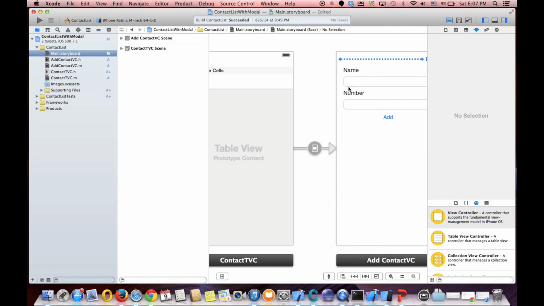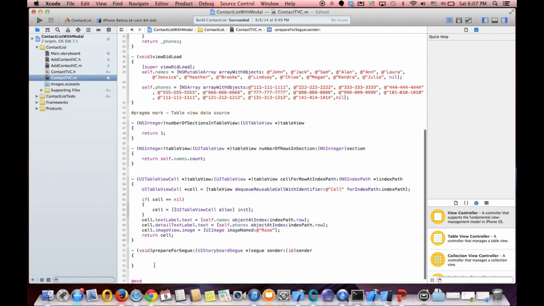So this is the good place for preparing this view. That's why it's called prepareForSegue. And what we need here is putting some if statement